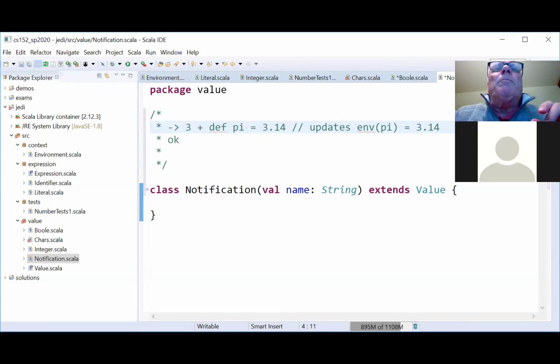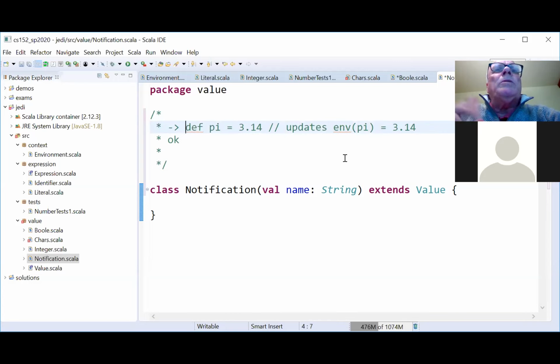You know, C programmers love this kind of stuff, right? But I think that this leads to code that's very hard to maintain. So in order to discourage this, I'm just returning okay.